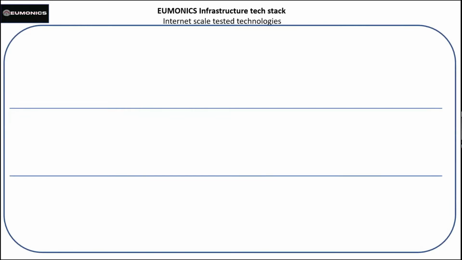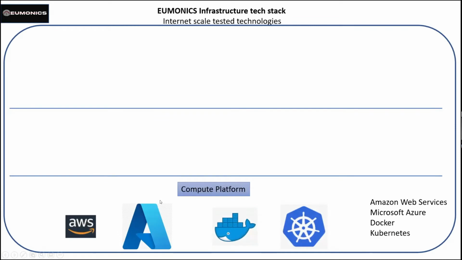Our architecture consists of 3 levels. First thing we have is what we call the compute platform level. This consists of an internet service provider like AWS or Azure. They provide us with all of the virtual machines we need, et cetera. On top of that, we layer Docker, that's that beautiful little whale icon, and then the ship's wheel is something called